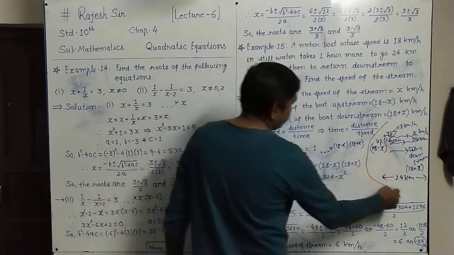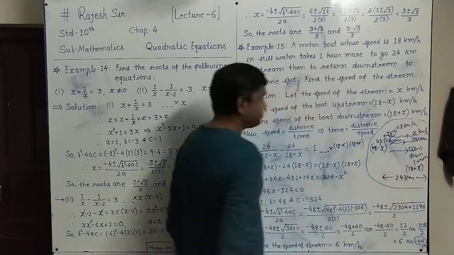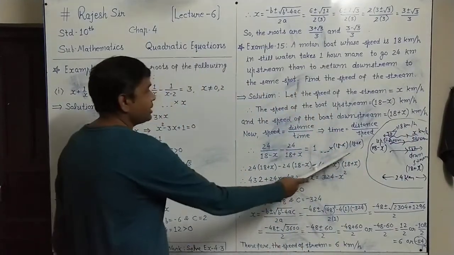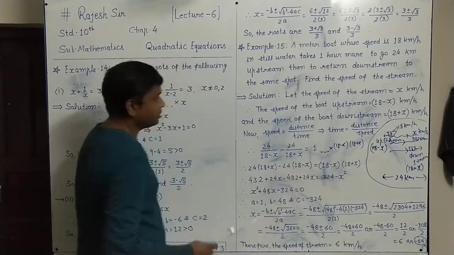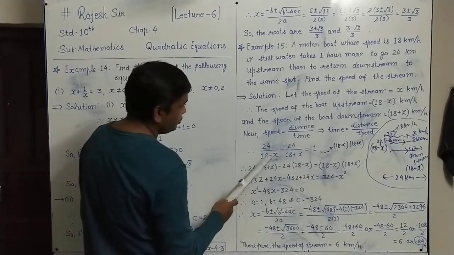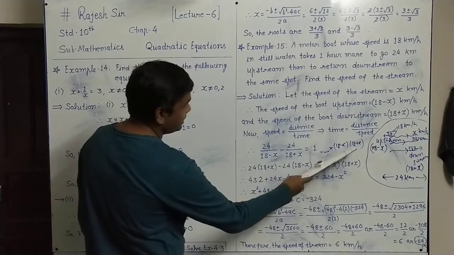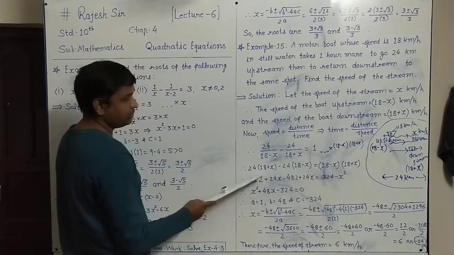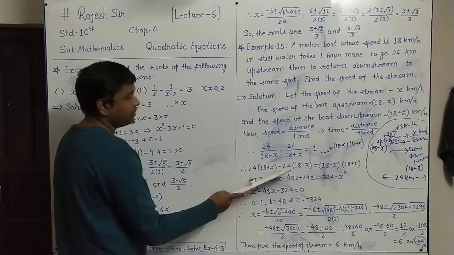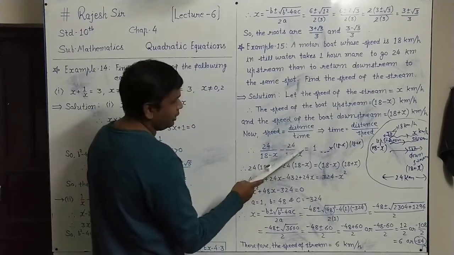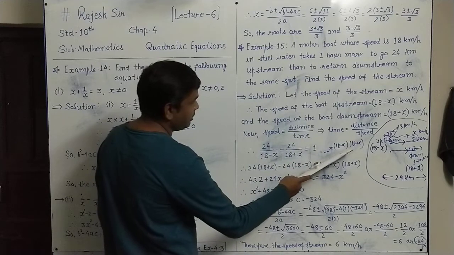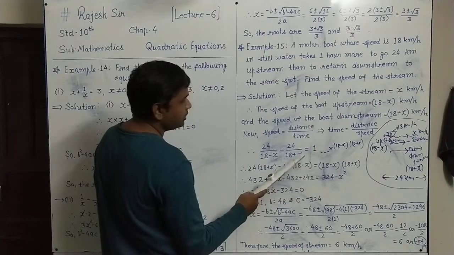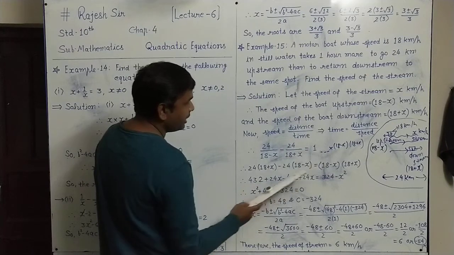This is rough work to understand it. When you multiply 18 minus x and 18 plus x in all the terms, in the first term, 24 upon 18 minus x, 18 minus x cancel. So 24 into 18 plus x will be here with the minus sign. In the second term, 24 upon 18 plus x into 18 minus x, 18 plus x will be cancelled up and down. So we will have 24 into 18 minus x.